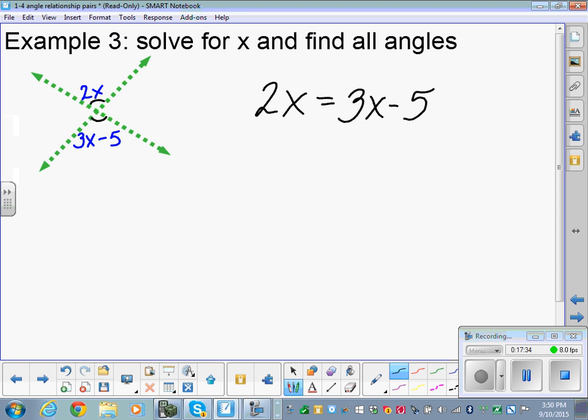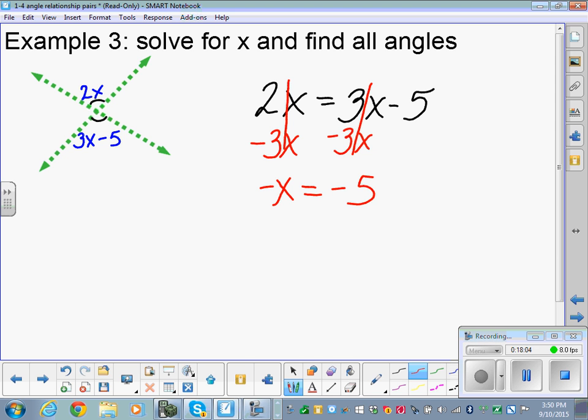Now, once again, look at this, guys. On the left, we have 2x, and on the right, we have 3x minus 5. We have a bunch of x's. You can't magically float those x's together. You have to perform the correct operation to get from one side of the equation to the other. So I'm going to subtract 3x from both sides. So on the left here, 2x minus 3x is negative 1x, or negative x, same thing. So I added those up, and then 3x minus 3x is 0. That's why I chose to subtract 3x, because that adds up to be 0, leaving me with negative 5